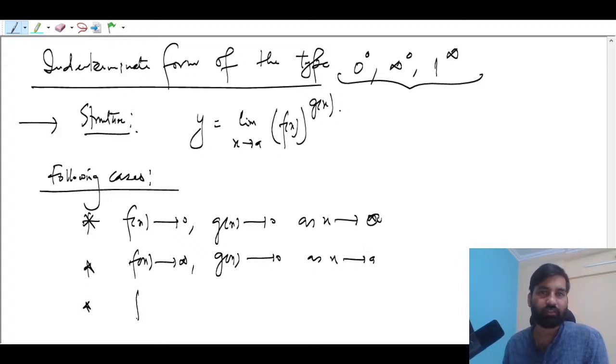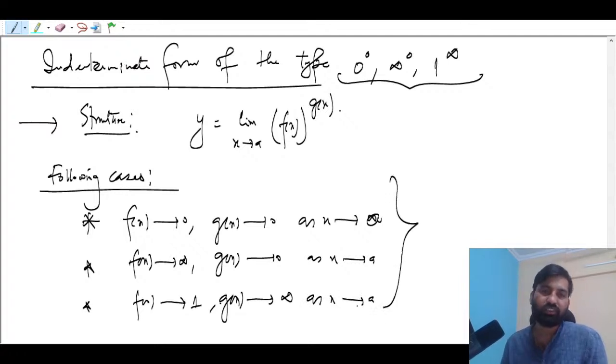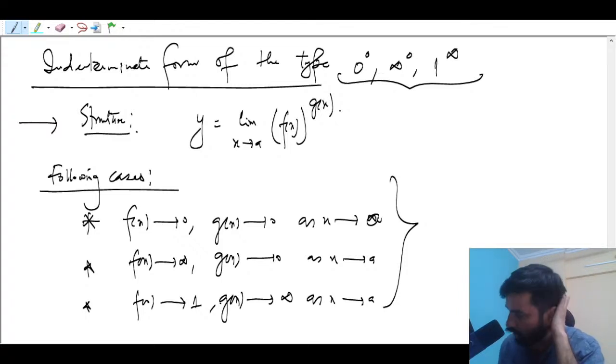And third property, if your f(x) is going to 1 and your g(x) is going toward infinity as x tends to a. These are the cases that you will be getting in your exam. So how to tackle these kinds of problems, that is what the question is. So in this case,